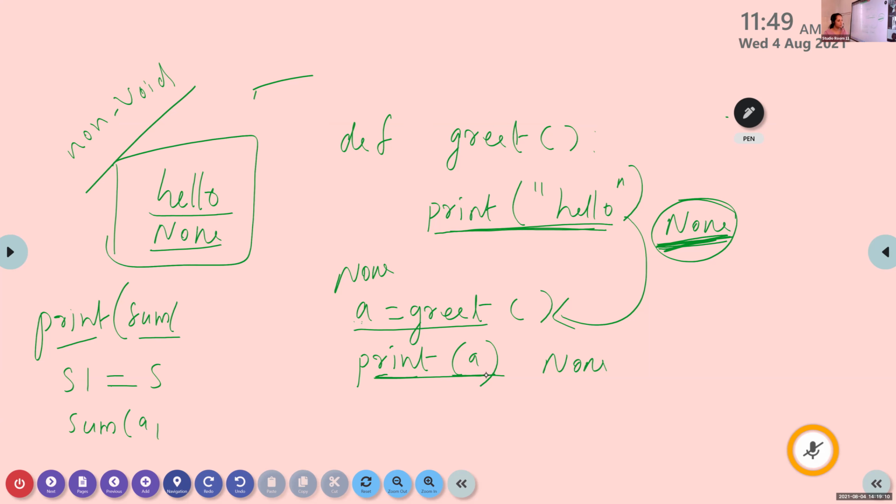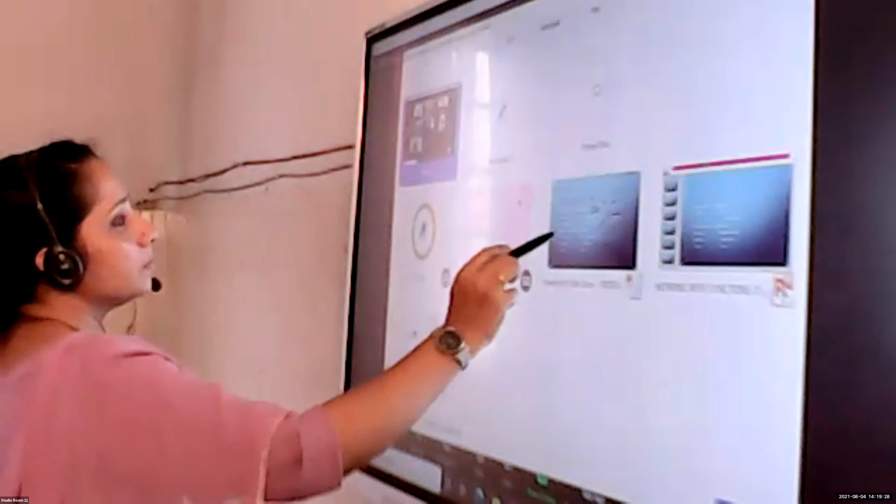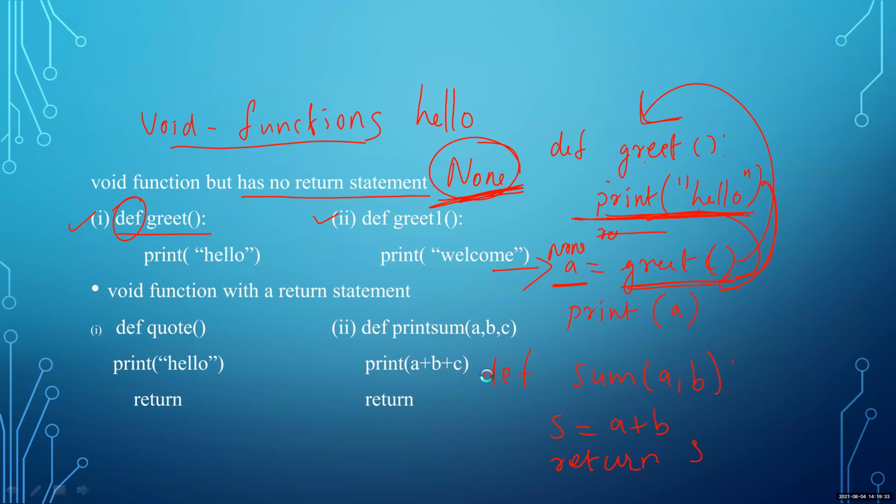Is it clear? Emmanuel, is it clear, Emmanuel? What happened, Ashwin? Is it clear, Ashwin? Yeah. Okay. So the next example is. Ma'am, is N capital or small?